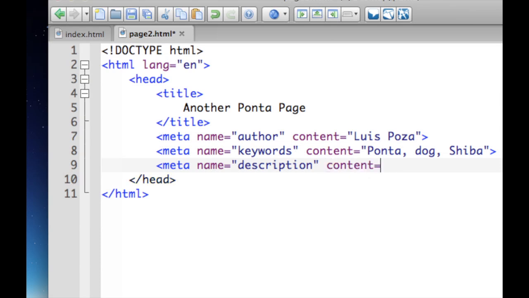And again, I'll have some content, and I'll say about my dog. It should actually be a longer description, but this is just an example. So these are some meta tags that go inside the head. Once again, as I explained before, the head has information which describes the web page, and that's exactly what we've